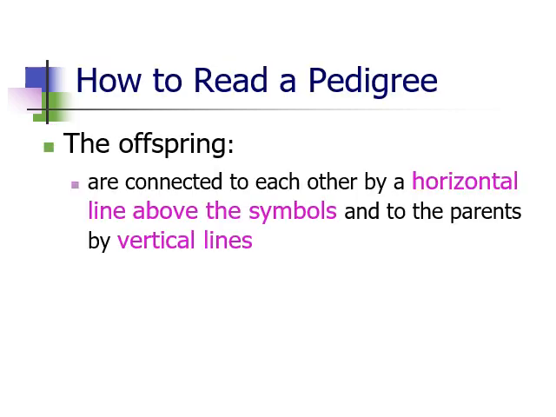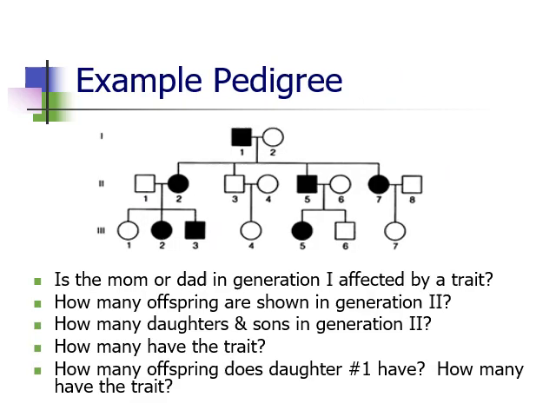The offspring are going to be connected to each other by horizontal lines above the symbols. So if you have brothers and sisters, they'll be connected to each other by a horizontal line above their symbols and back to the parents by a vertical line to show that they came from those parents. So here is an example of a pedigree, and we're going to talk about some of these questions and how